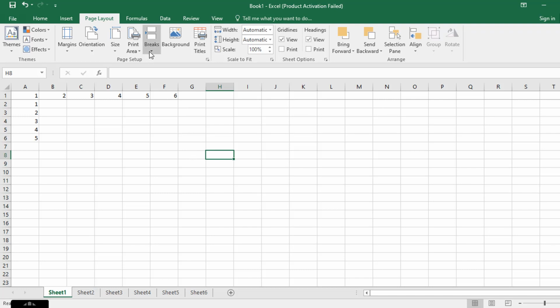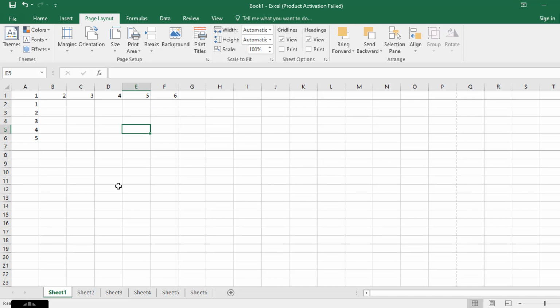To look into that, go to Page Layout and click this option, Breaks, Insert Page Break. Now you can see that the whole sheet is divided into individual pages.